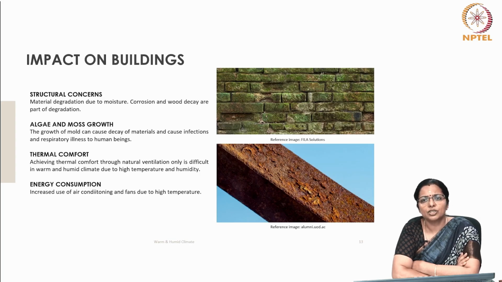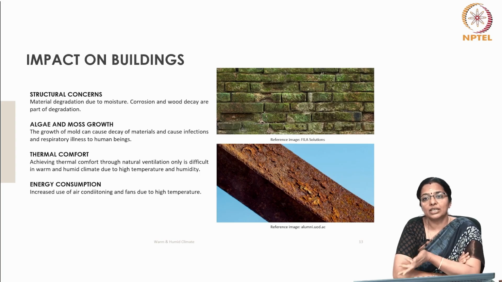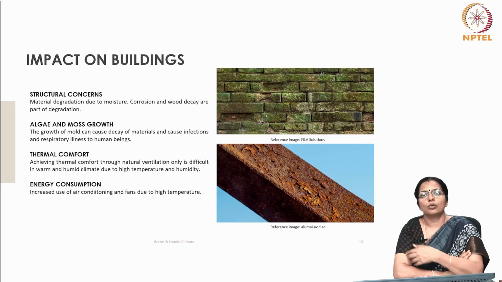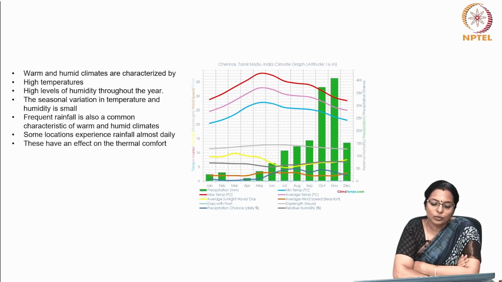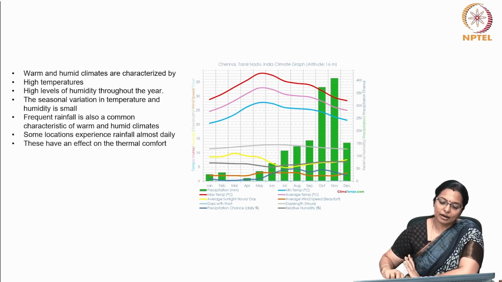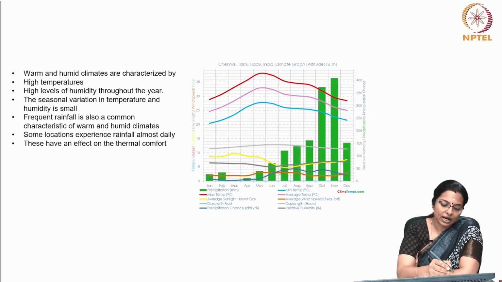If we look at energy consumption, increased use of air conditioning and fans due to high temperature is another major concern. And this concern actually enhances the energy consumption of the place, again which is related to greenhouse gas emission and global warming. So in general, we can say that warm humid climates are characterized by high temperature,